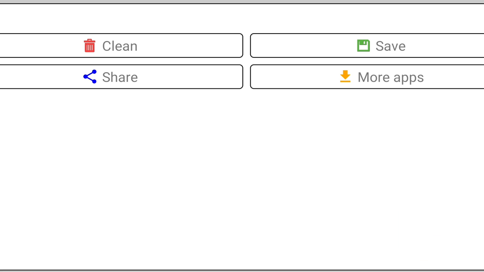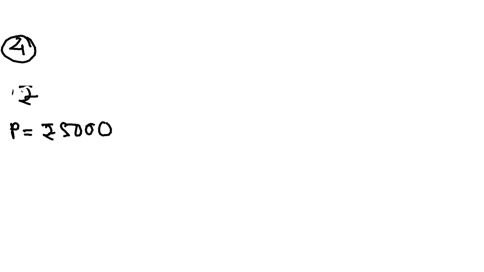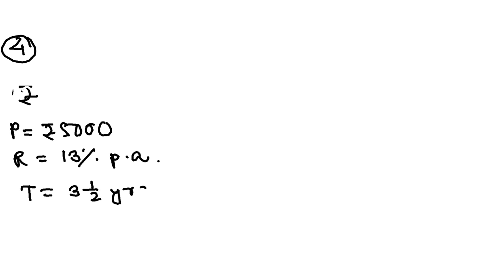Now let's go to question number 4. Next question. All these questions are very much similar. If you read this question, Sudhakar borrowed rupees 5,000. So your principal is again, let me write it here, rupees 5,000 from a bank at a rate of 13%. So R is 13% per annum, for a period of 3.5 years. What amount does he have to pay? 3.5 years means 7 by 2 years.